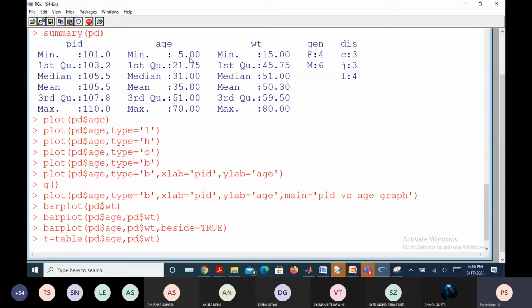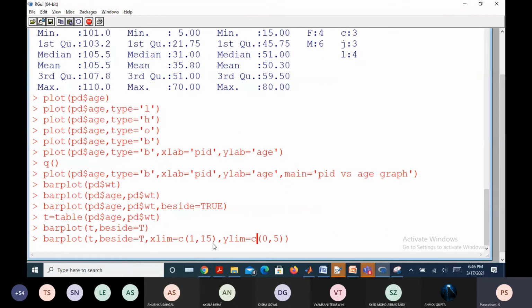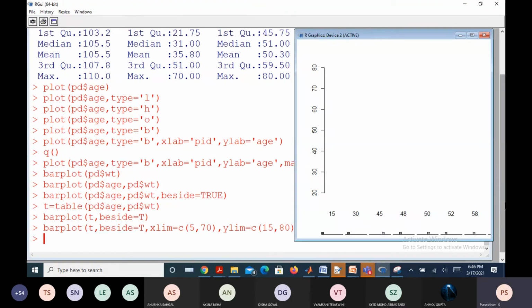Minimum age is 5 and the maximum went up to 70, and weight minimum 15 and went up to 80. So I am supposed to take something like x limit 5 to 70 and y limit, let it be 15 to 80. No, still it has shown something not expected, some changes are required, right?